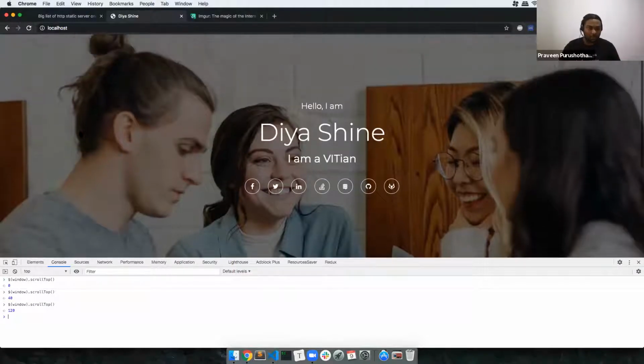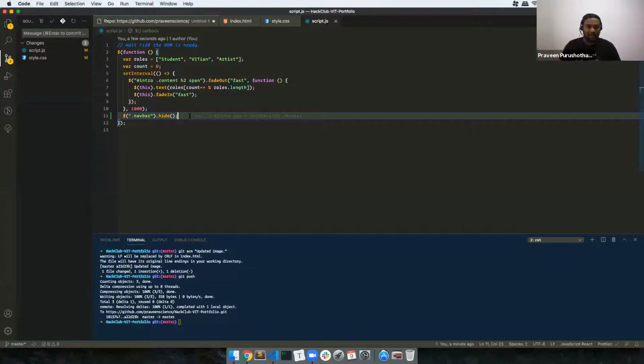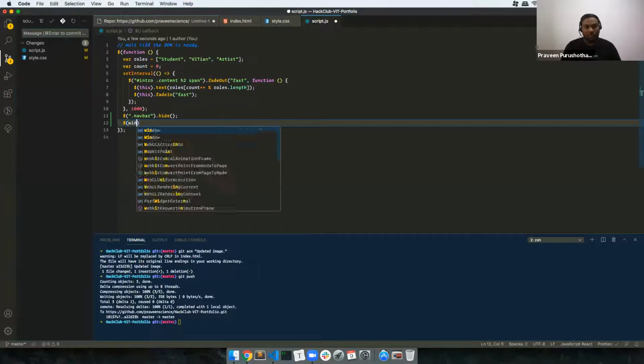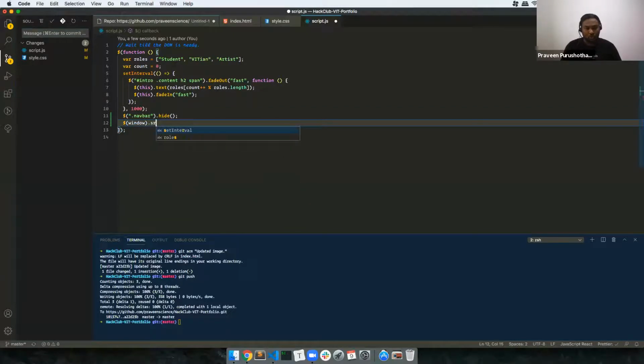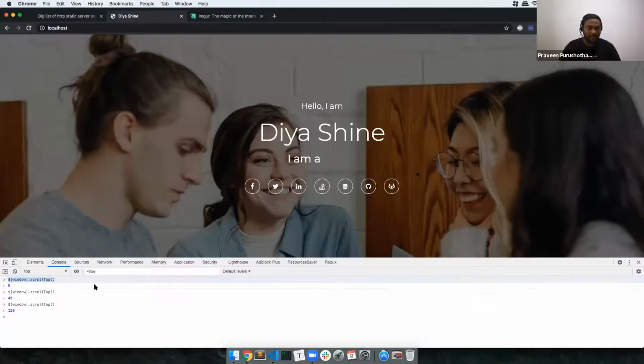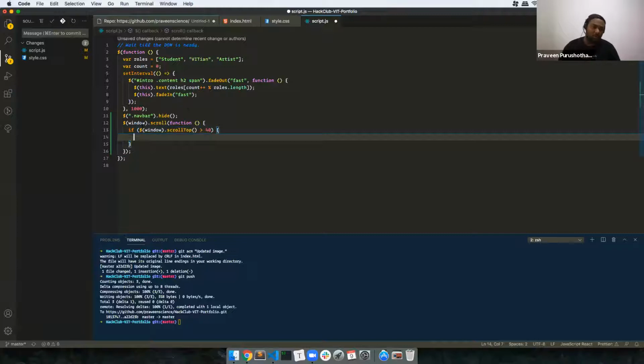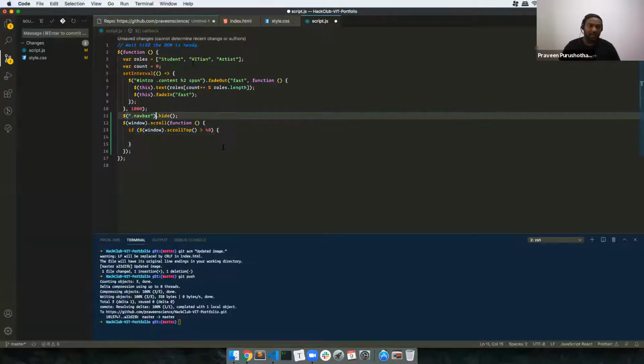So what I want to do is, when it is more than 20 or 30, maybe more than 40, let's have that. When the window scrolls down, I want a function to fire. At that point, if window.scrollTop is greater than 40, the navbar is there, right?